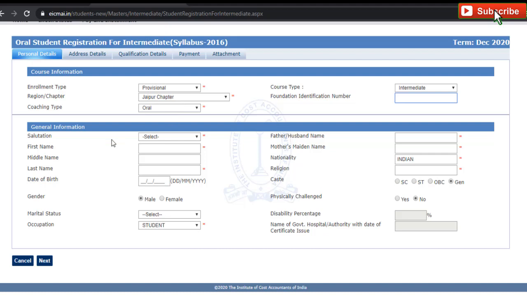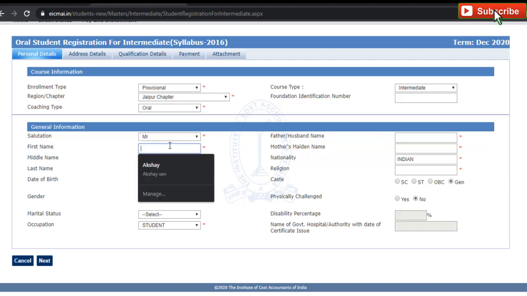Now we will come to the general information. First we have to fill the salutation: Dr., Mr., Mrs., whatever is applicable to you. First name, you have to fill. I am filling a name, Ram.